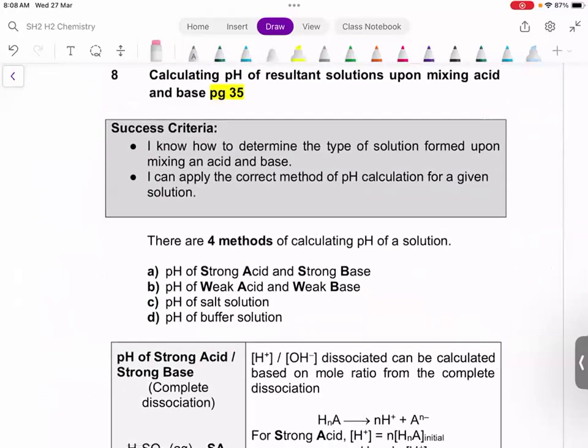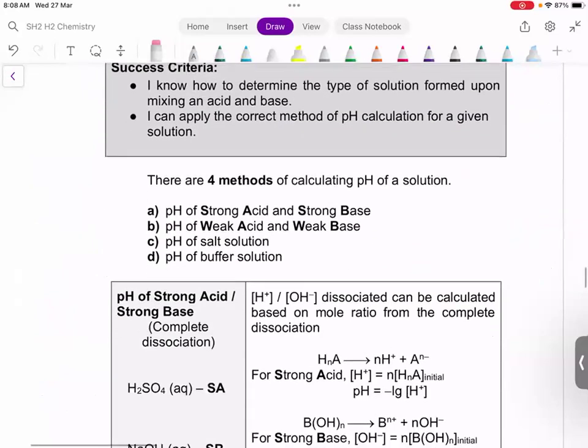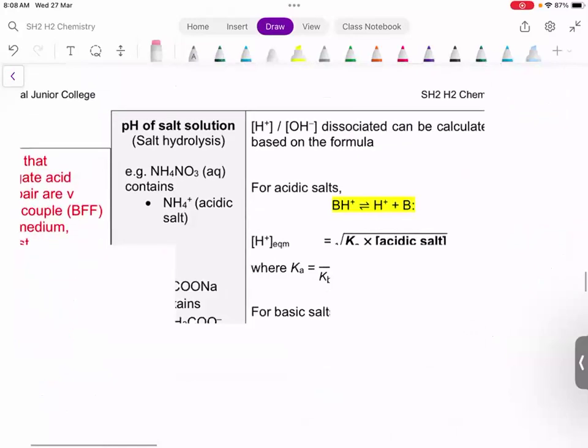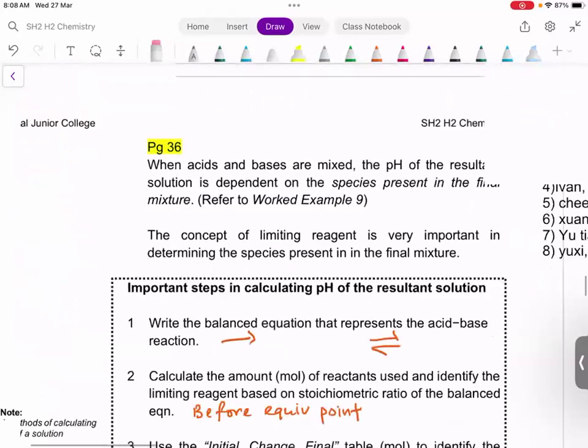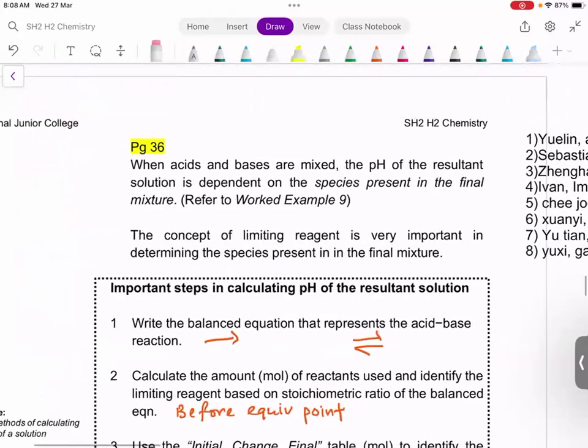Okay, so this page 35, I will not go through with you. Later on you can do your group discussion. So let's look at this part first. All right, so for page 36,